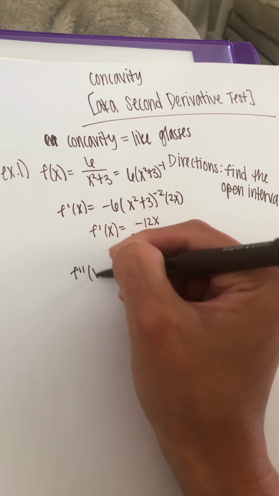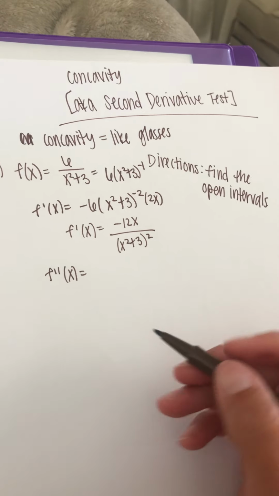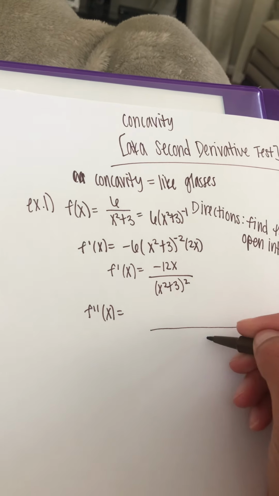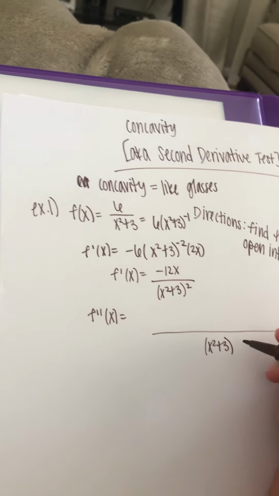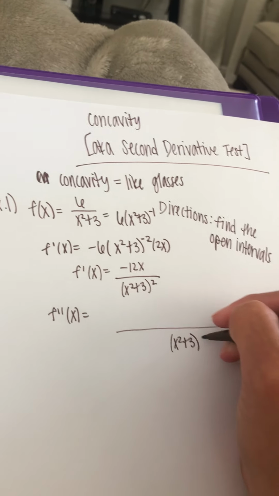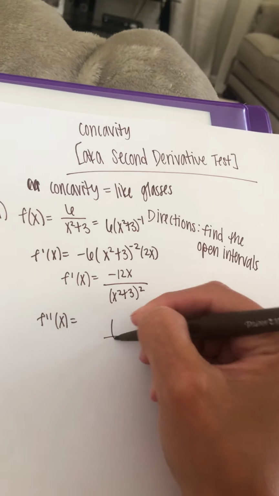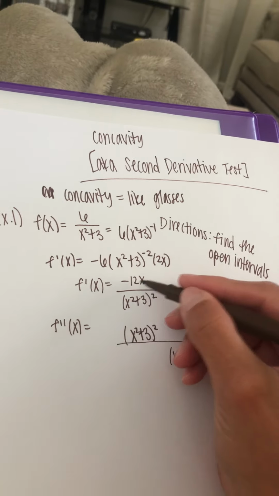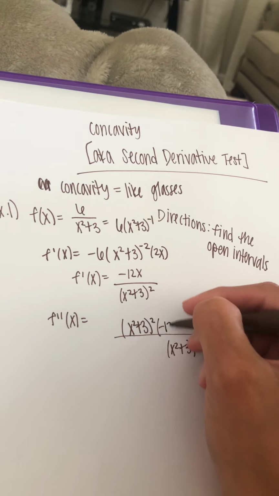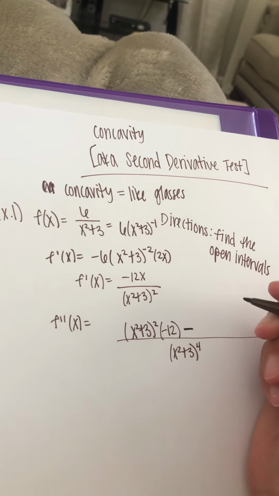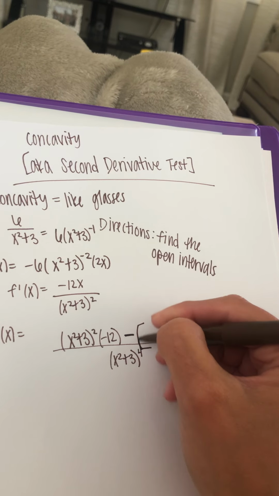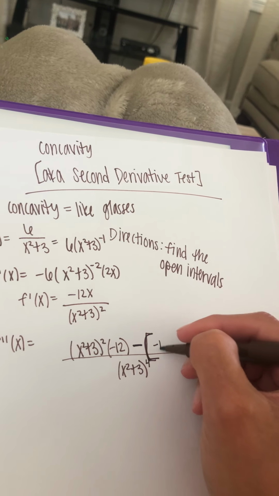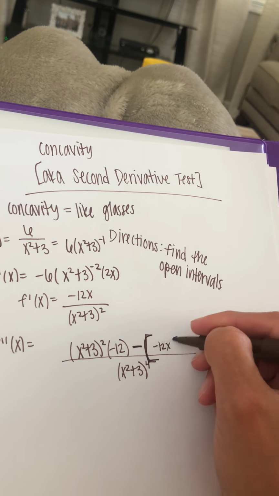So the second derivative equals, and I'm going to be stuck doing the quotient rule right here. I could bring it to the top, but honestly it's just lengthy either way. So I'm going to have (x squared plus 3), and we have to square the bottom, and it's already squared, so now it's to the 4. On top, I have the bottom, (x squared plus 3) squared, times the derivative of the top, which is negative 12, minus, because it's a quotient, a big old bracket right here: the top, which is negative 12x,